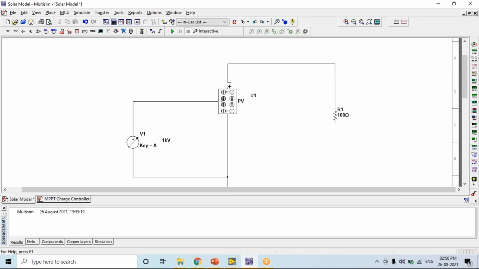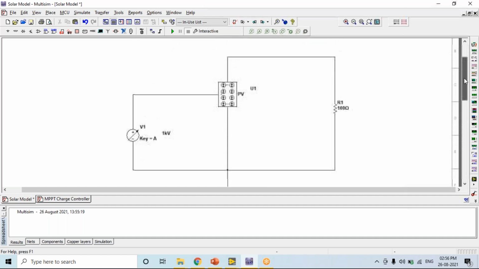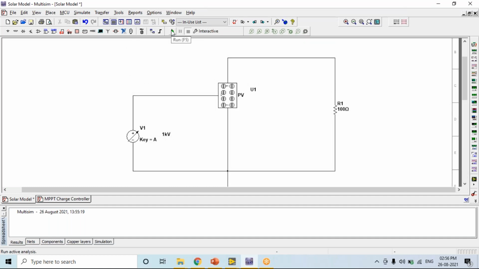So we'll connect it here. Let me check how it's going to work right now. I'll just run this simulation,